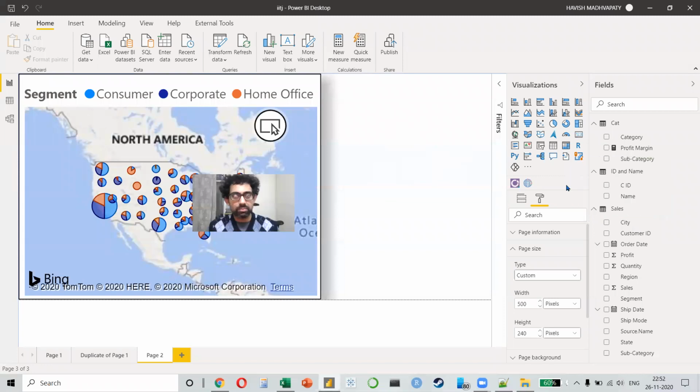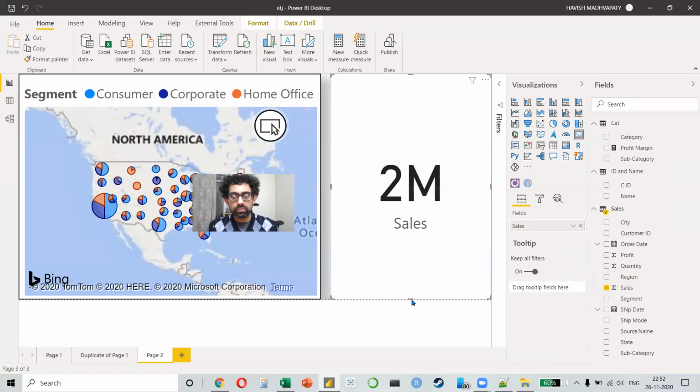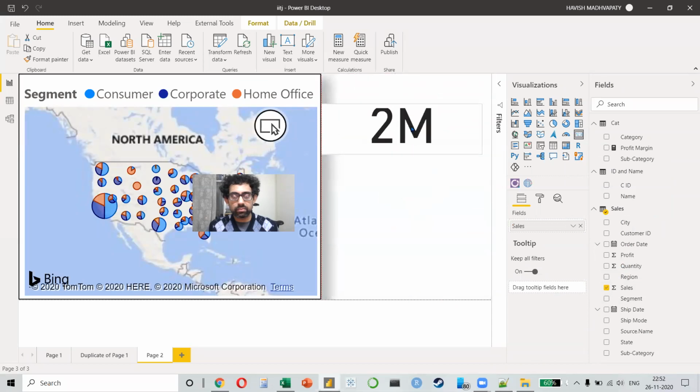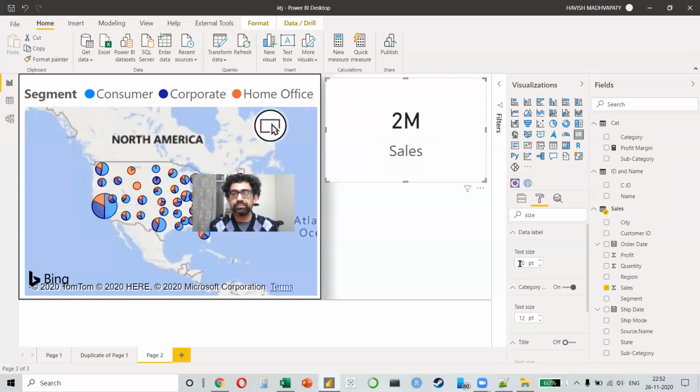For example, I can make my card just my sales. Let me reduce the size as well. It's gigantic right now. Let's make it 20. Much better. Actually, it should be even smaller. 12.